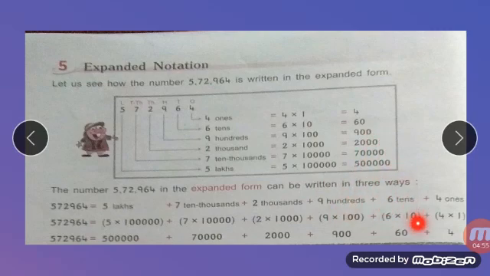Are you following me, children? If you are not getting me, if you are not understanding, you can ask me. Always I am telling, otherwise I will not come to know whether you are understanding or not. Clear? Understood this? Okay. So next we have this. These are the three ways in which you can write the number in the expanded form. You can follow any way. Okay, understood this?